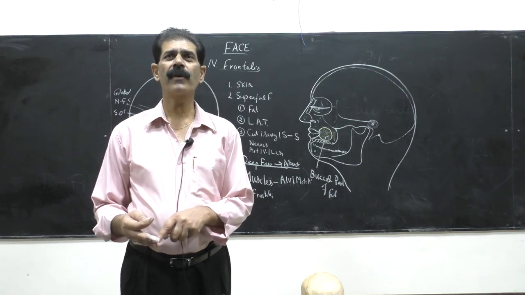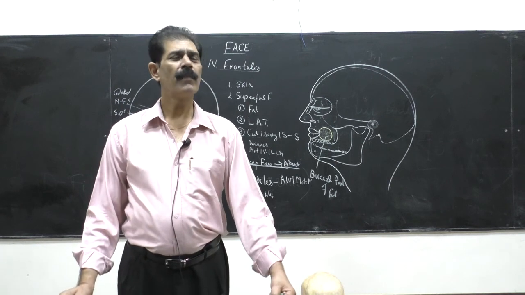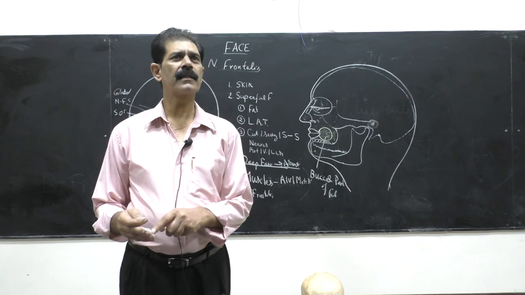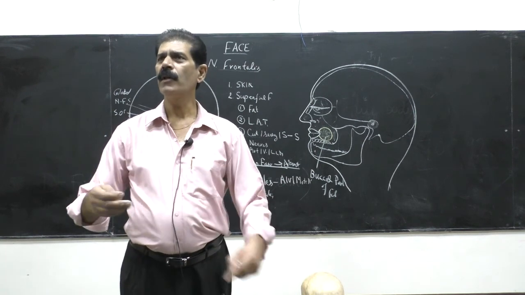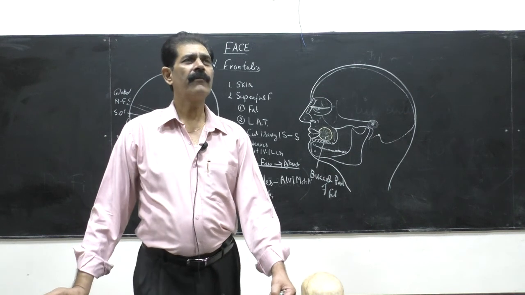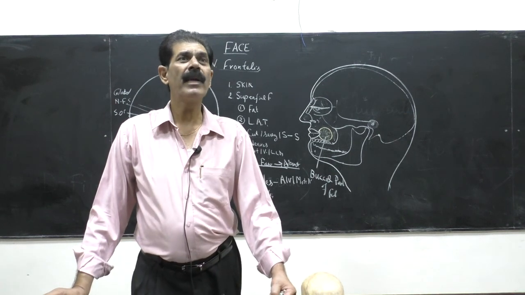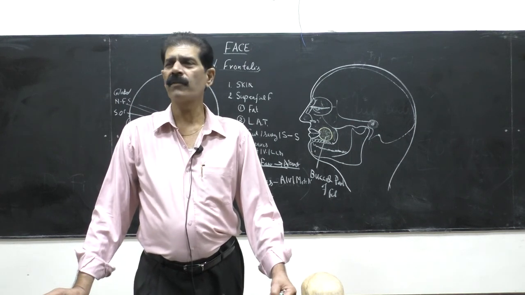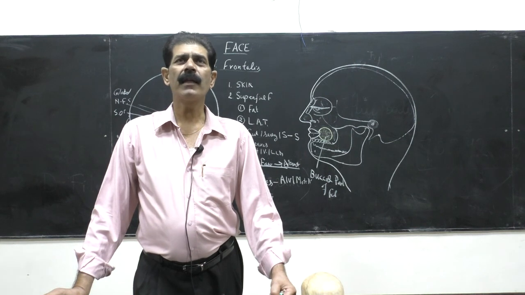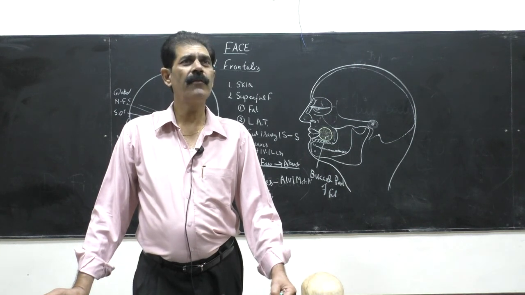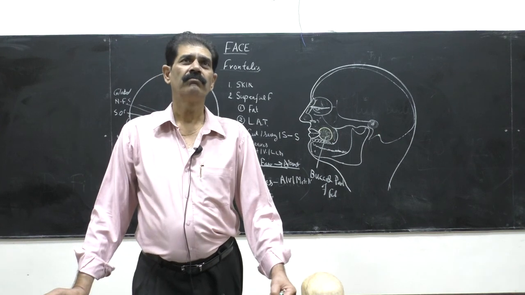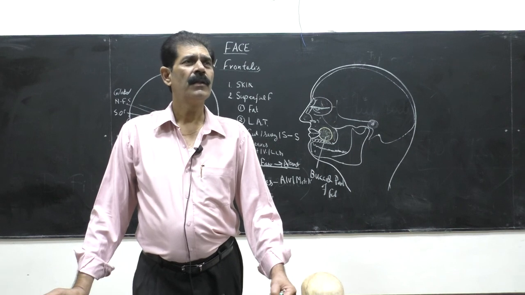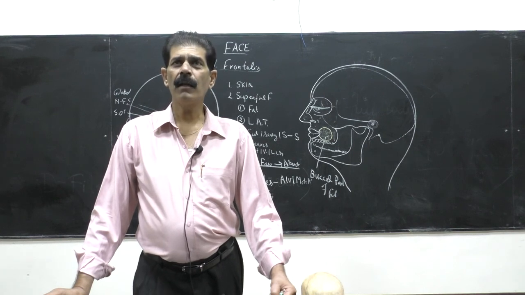Motor means M for motor, they end in some muscles. Some are sensory, some are motor, and some are mixed. So while you are doing the nerves, you must keep in mind whether they are sensory, motor or mixed. Some cranial nerves have both components, sensory as well as motor. Twelve cranial nerves are important, and in the exam any one of them will come every year. So you have to prepare all 12 pairs of cranial nerves. That's why you have to be very keen about all the cranial nerves.